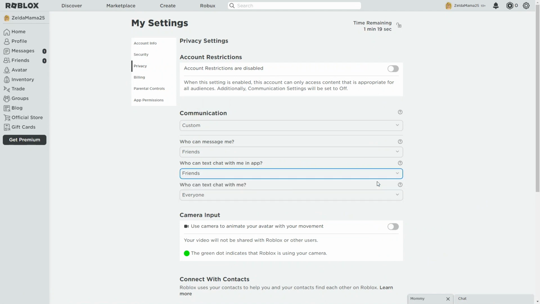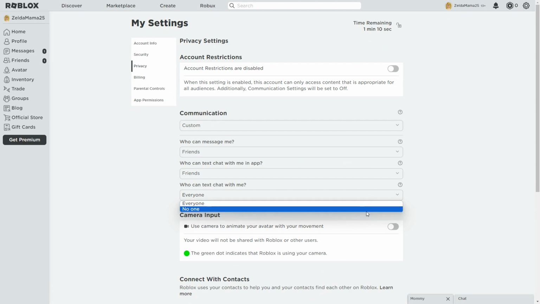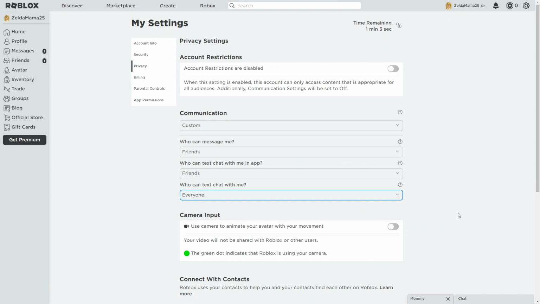The last one has to do with the chat window in the games. My instinct as a parent is to leave this off because the only options are everyone or no one, but it kind of ruins the gameplay to leave it off because part of the fun is talking to other people in the game. Roblox does have some features to keep this safe for kids. Any personally identifying information, like if your child typed their address into the chat, will be blocked and will just show up as a bunch of pound signs. The same goes for swears or anything else that Roblox deems inappropriate.